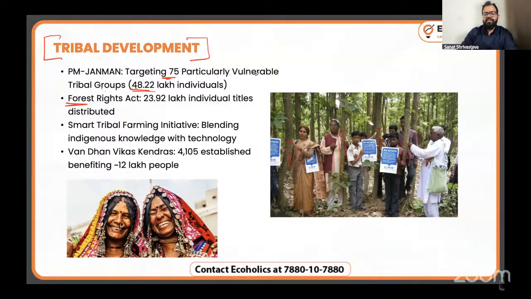Forest Rights Act. In simple sense, in tribal areas, people are using the forest resources as their own resources, extracting and selling the products from the forest. So there's always a debate who owns those forests. Okay. So smart tribal farming initiative, blending indigenous knowledge with technology, because those who know a lot of things about forest,